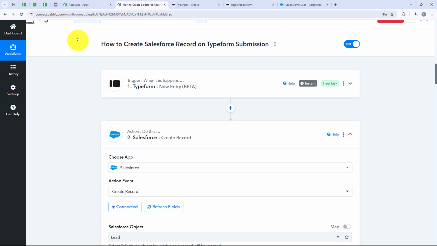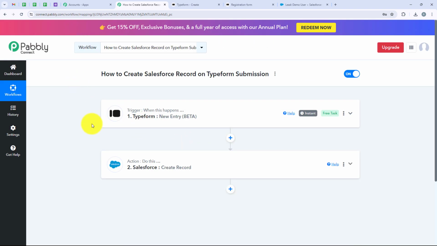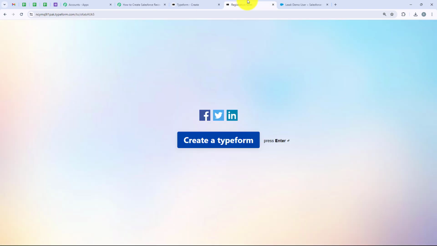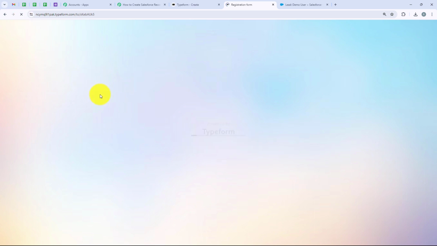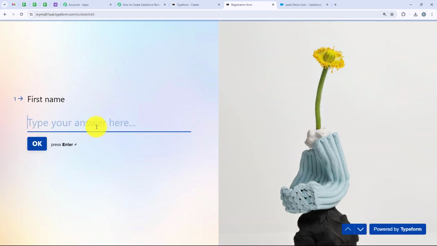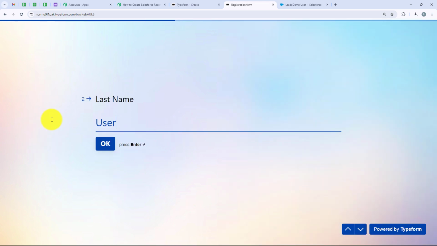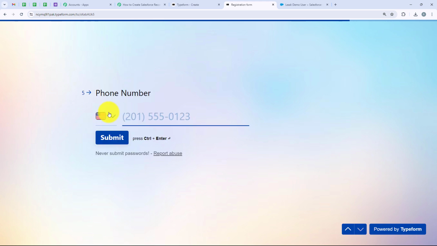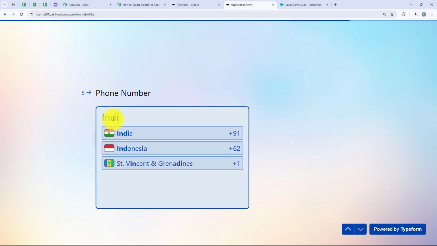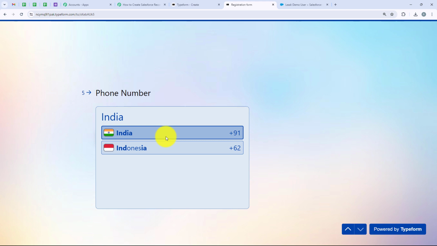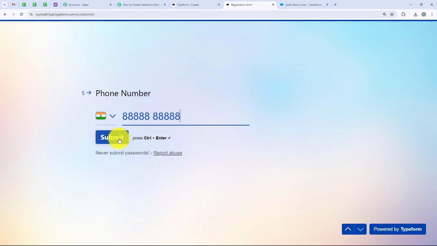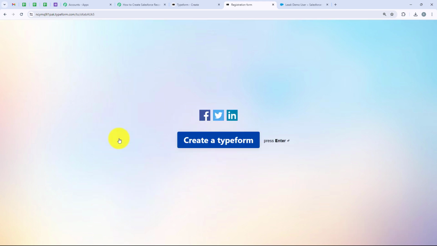I'll just test the workflow once, and this time I'm going to give you a real-time example. So for this, we are going to open our registration form and refresh this page. We are going to do again a test submission. So for the first name, we are going to enter it as test, the last name as user only, company name as Pabbly Connect, the email as test@pabblytudes.com. And then for the phone number, we are going to select the country as India again, and enter the phone number as this. And again we are going to click on submit,